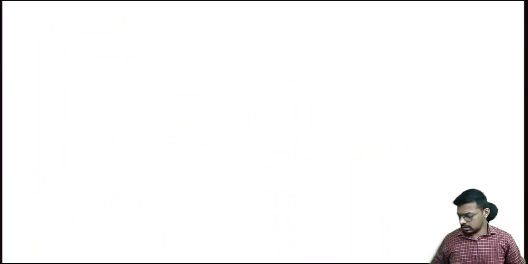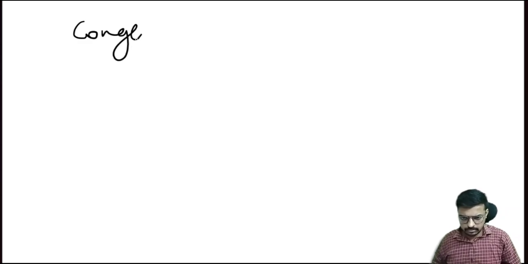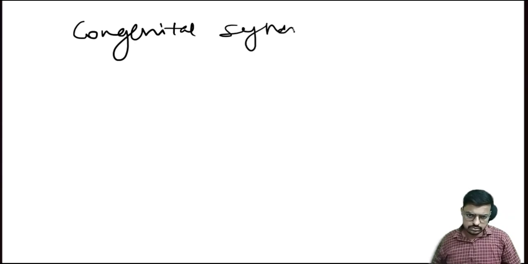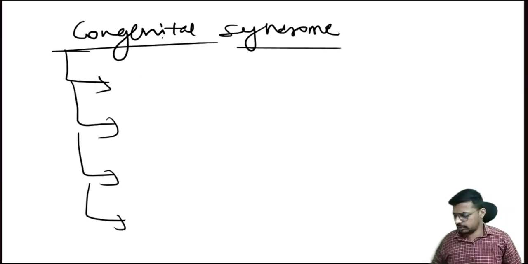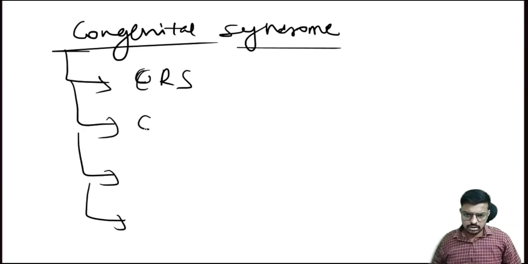Note down these congenital syndromes, where one question will come definitely. There are 1,000+ syndromes, sir. What all things do we have to revise? Please revise these four things. The first is congenital rubella syndrome. Then the next one is congenital syphilis